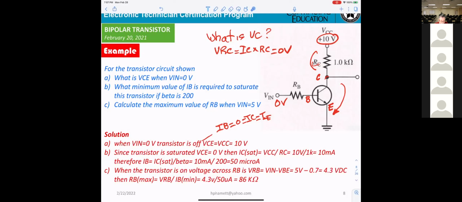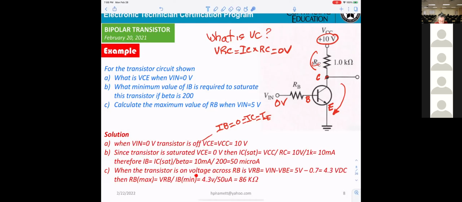Therefore, IB equals IC divided by the beta. And beta equals 200. So you take 10 milliamp, divide by 200, you get 50 microamp. Okay. Calculate the maximum value of RB when Vin equals 5 volt.